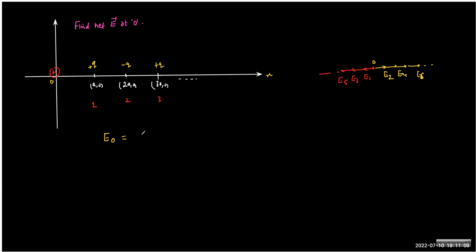So the first charge will... Can I write the value? Okay, I'm writing the value only. E1 plus E3 plus E5 dot dot dot minus E2 plus E4 plus E6 dot dot dot. I'm writing the value and I know this answer is towards the left. The net will be left. Why? Because the first charge will have the left direction, so any other charge will have a lesser value even if we subtract. So the net field will be towards the left.